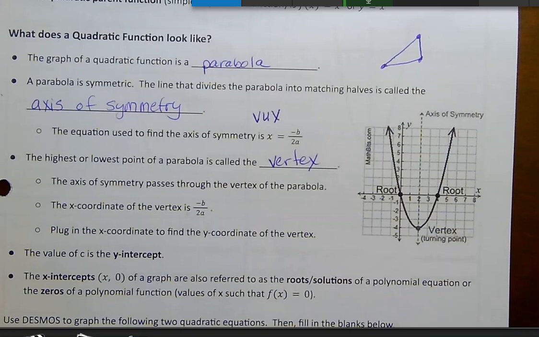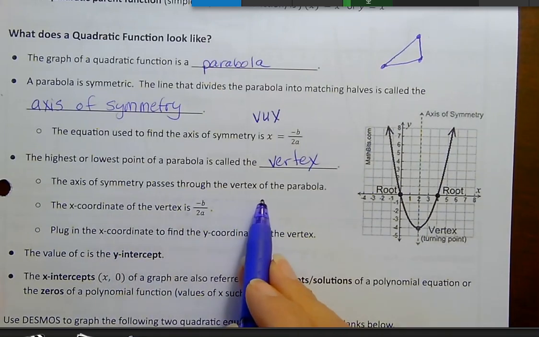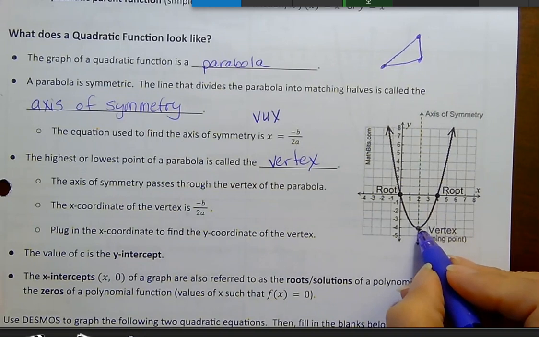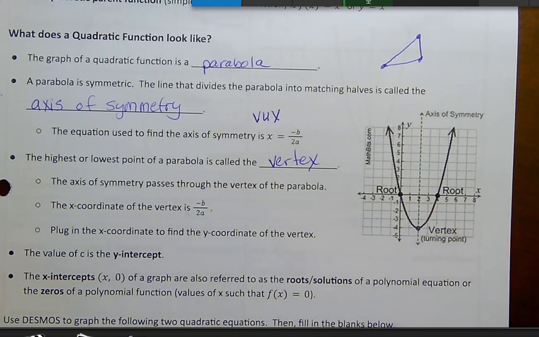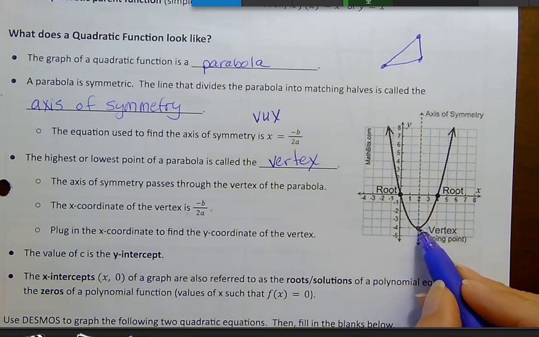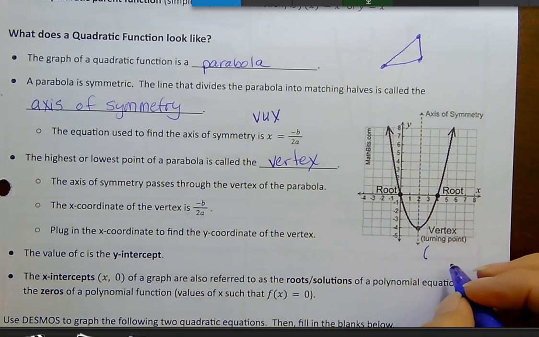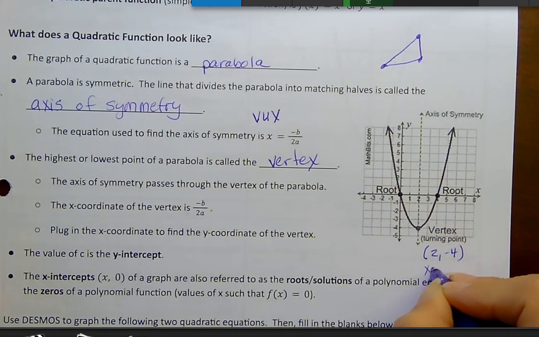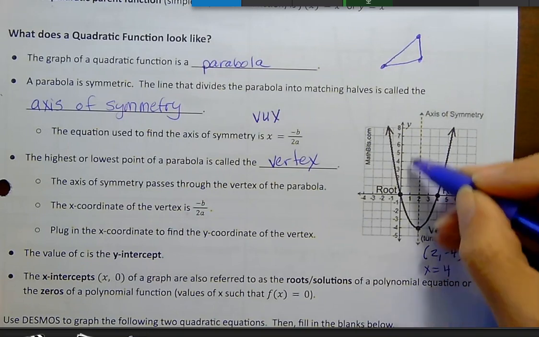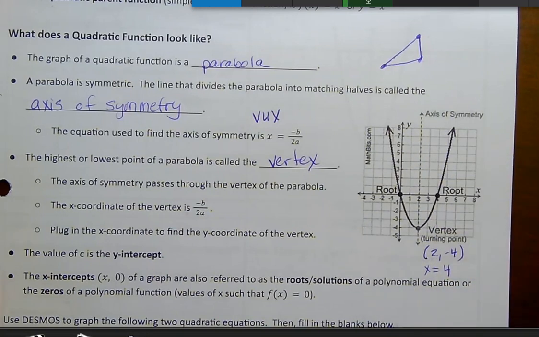And the axis of symmetry passes through the vertex right here. So if I can see it on a graph, I already know that x equals 2 here, right? I can see that that vertex has an ordered pair of 2, -4. So I know x equals 2, right? If I had to write the equation of that vertical line, it would